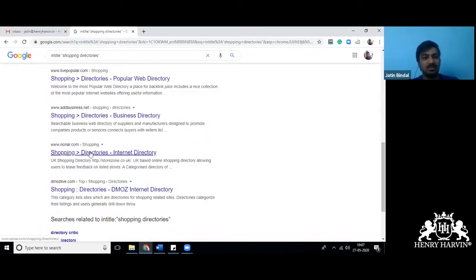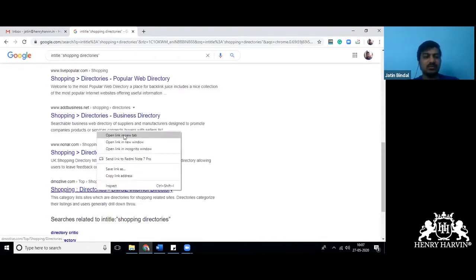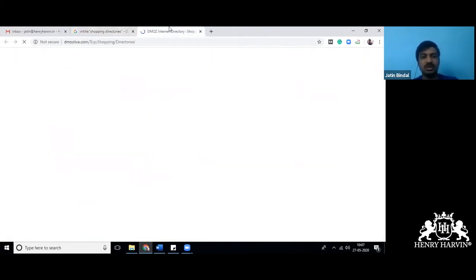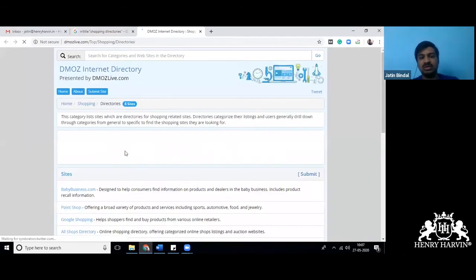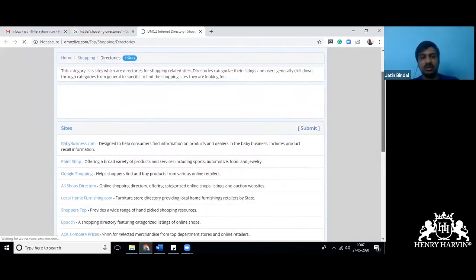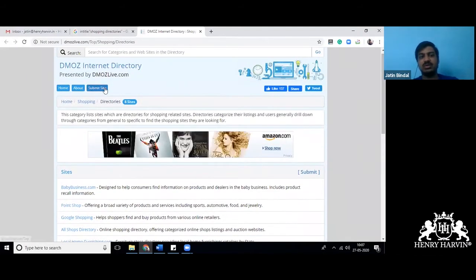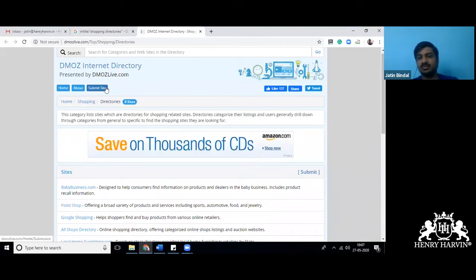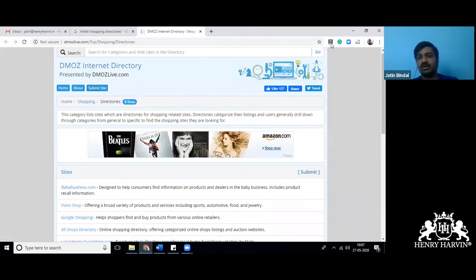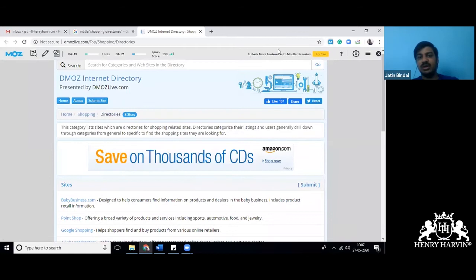For example, let's say DMOZ Live. I'm just opening a random example. So this is a website on which you can submit. You can see all these websites were submitted, and if you want to submit your website, that's it. But don't submit it. It has a DA of 21 only, and look at the spam score, 39%.